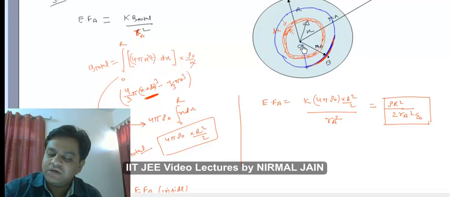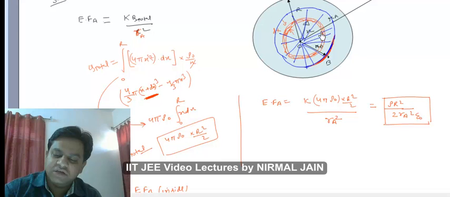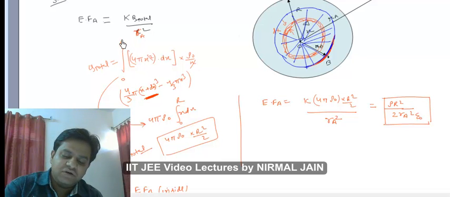I will just calculate this charge only, right? This complete charge. So in order to find this charge shaded blue, I have to just replace my limit from 0 to r